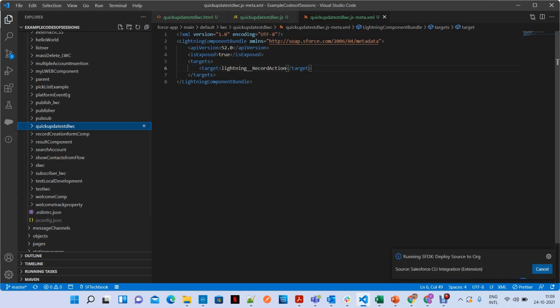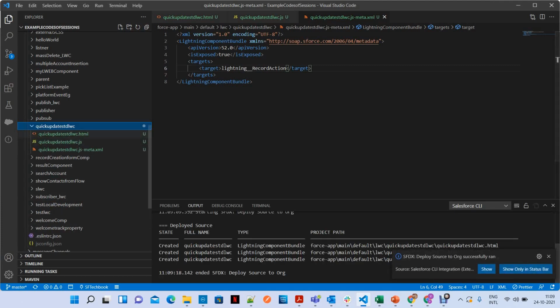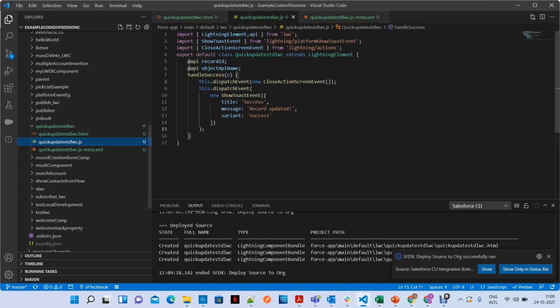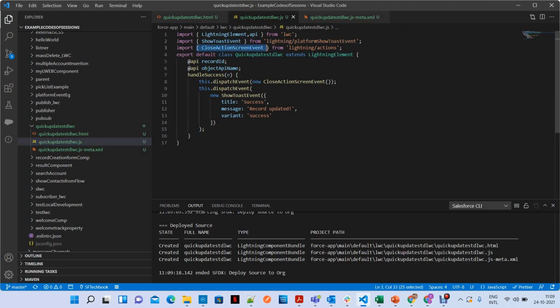So what we did, we just created a Lightning web component, a small quick update action on the student object with specific fields: date of birth, name and email. We are importing ShowToastEvent from the platform show toast event module for showing the success message, and CloseActionScreenEvent from lightning/actions for closing the quick action.